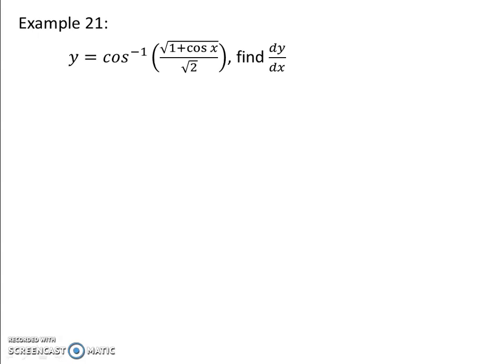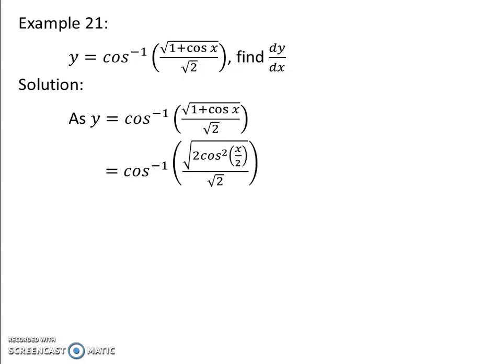y equal to cos inverse of root of 1 plus cos 2x divided by root 2. So again, we have to simplify this as cos inverse और bracket में cos का term है. So we know that 1 plus cos x is 2 cos square x by 2. So square root के अंदर cos inverse of root 2 cos square x by 2. So root 2 cancel out हो जाएगा, and square root of cos square will be cos. So cos inverse of cos x by 2. So cos inverse and cos get cancelled and we get x by 2. Therefore y equal to x by 2.